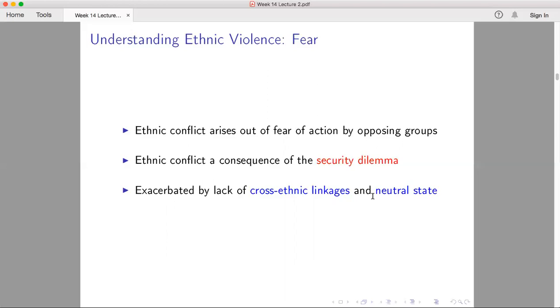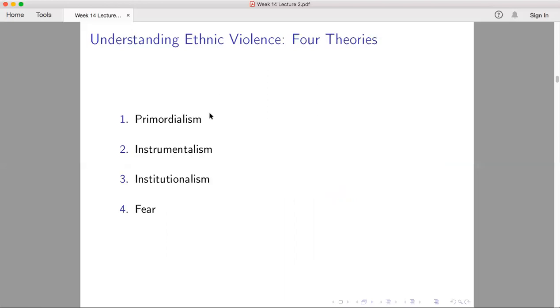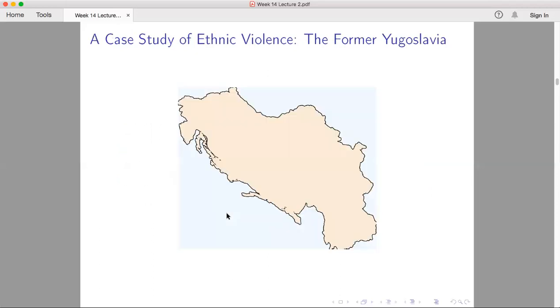Okay, so we're going to add this to our repertoire, and we're going to look at these 4 theories as a way of understanding ethnic violence in Yugoslavia in this lecture. But before we get to an analysis of the ethnic conflict itself, it's important to understand what ethnic relations looked like in the former Yugoslavia. Just to give you a preview of what happened in Yugoslavia, it was a country that